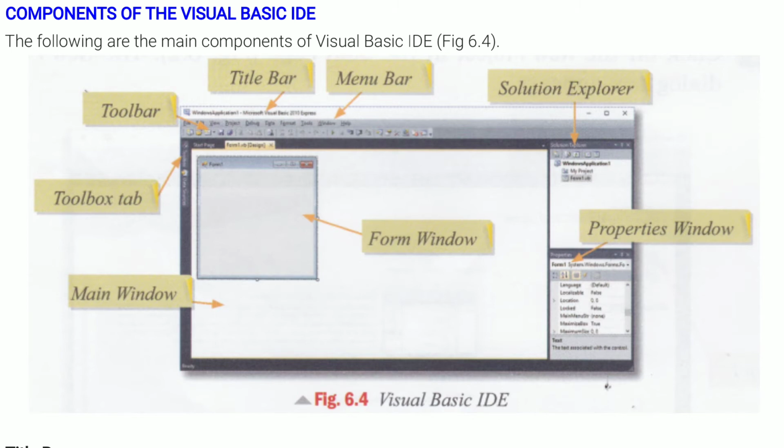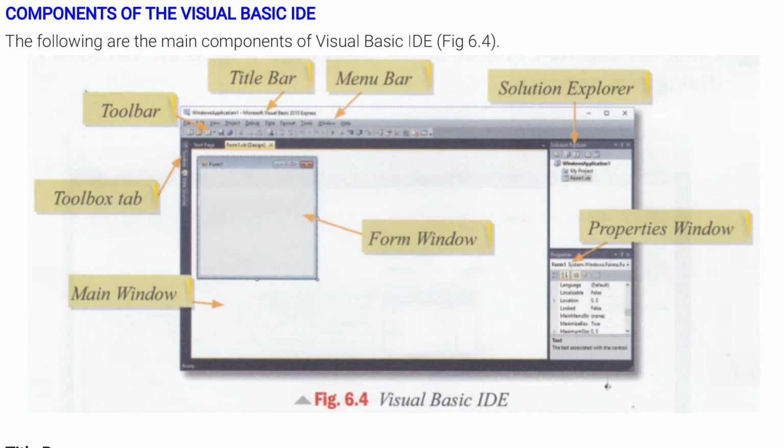Click on the toolbox tab on the left edge of the screen, as you can see also in this picture, to display the toolbox. The toolbox offers various tools which can be placed on the forms for creating the interface. These tools are also referred to as controls in Visual Basic. Every form as well as control has its own set of properties, methods and events. These tools allow us to make an interface while working with form.